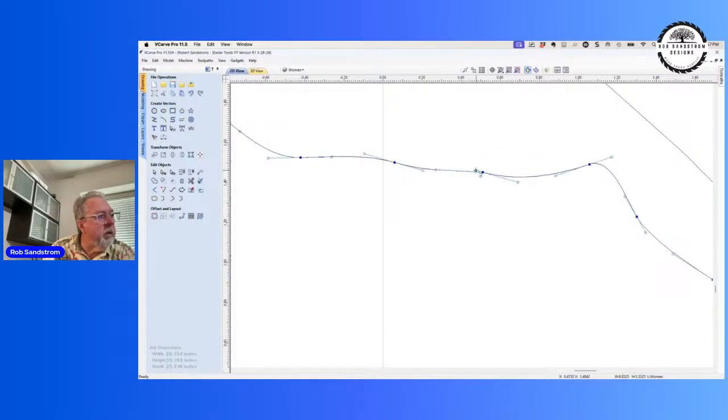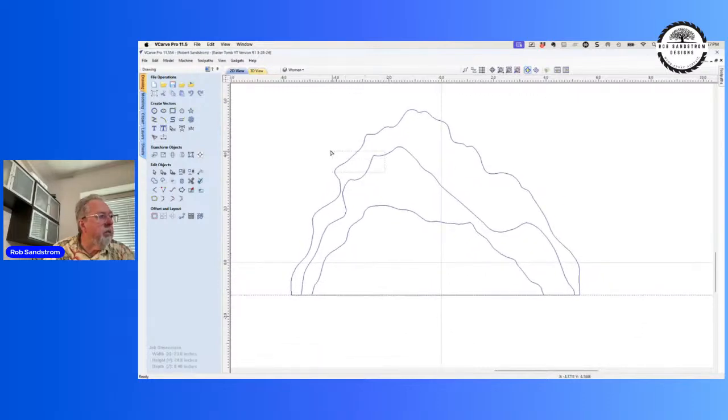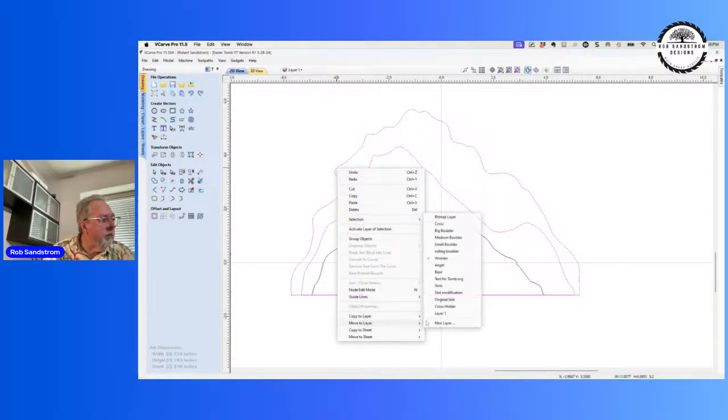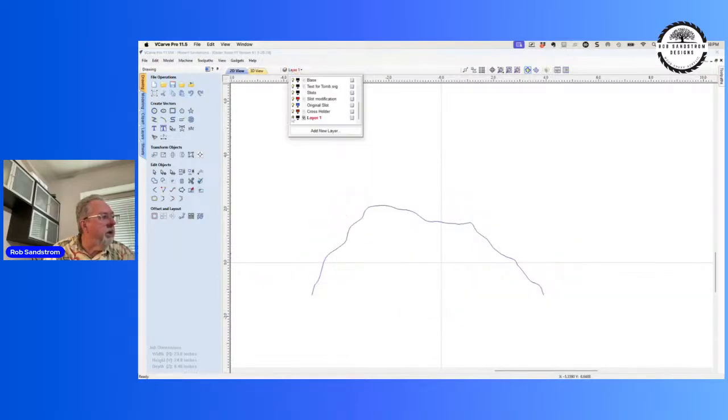Well, I just twisted it in a knot right there. So we've got that taken care of. And I want to hide these vectors so I can better see this line and hide this guide. So I'm going to take these and add a new layer, and I'm going to put them there just temporarily. So now that I've got those over there, I can hide those and get those out of the way,